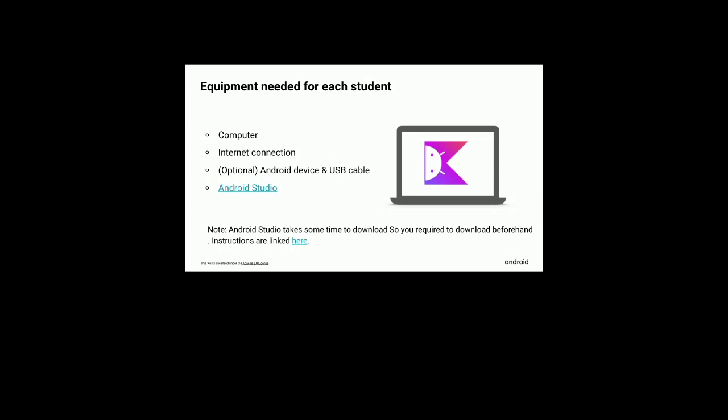Then the equipment needed for this course. The basic equipment we need is a computer for developing an app or running Android Studio. Then an internet connection for uploading, and to go for batches, quizzes, other Android material, and tutorials. As for Android devices, as I said, you can use emulators also. Then we have Android Studio, which is very important. You have to download it.